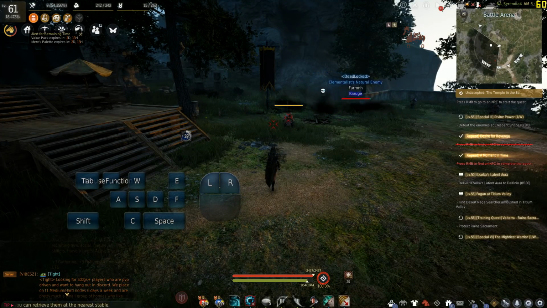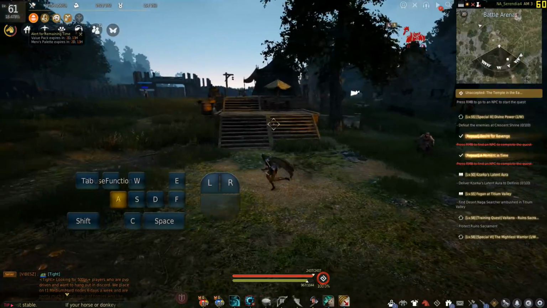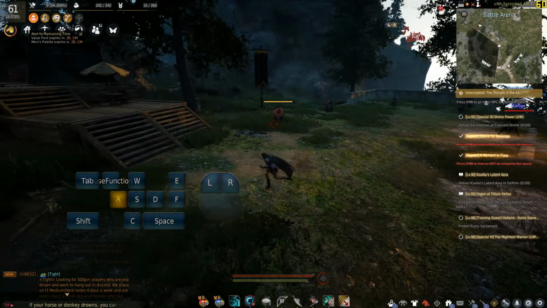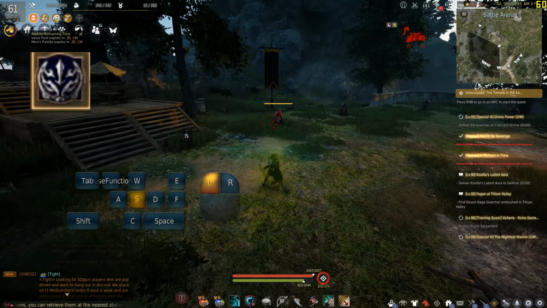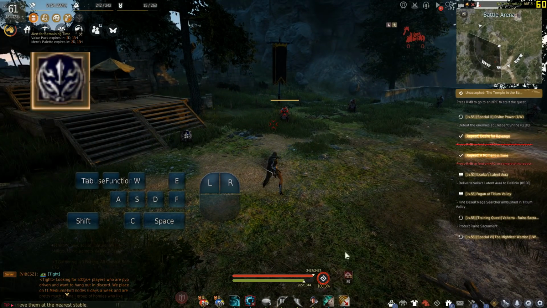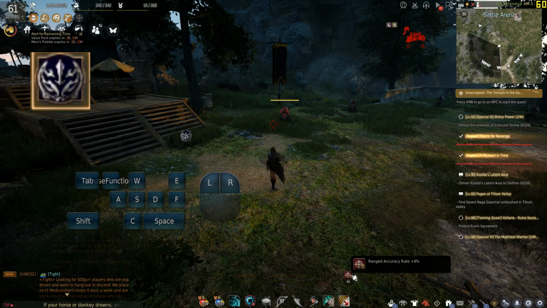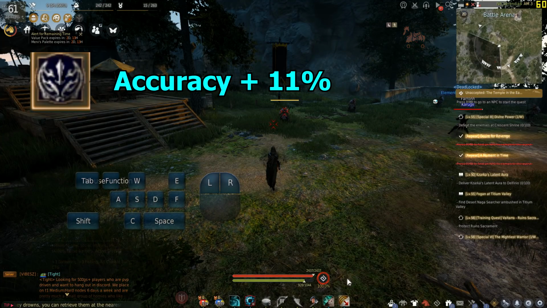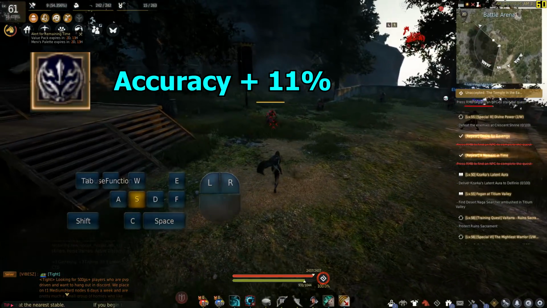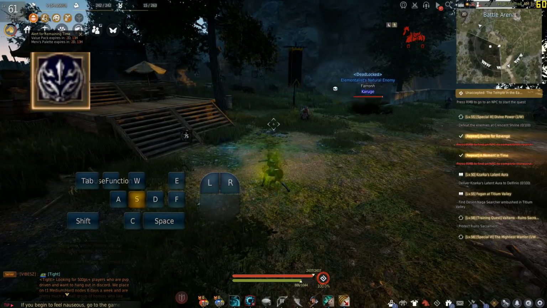Now we're going to take a look at Ranger's buffs. Before going into a fight, Rangers typically want to use what is known as Cold Blade. Cold Blade is down and left click. You can see that gave us ranged accuracy rate plus 6% just from doing part of the skill. I don't have it upgraded all the way, but if you do, this is going to give you 11% more accuracy for 10 seconds. And if you combo this with a basic attack after,